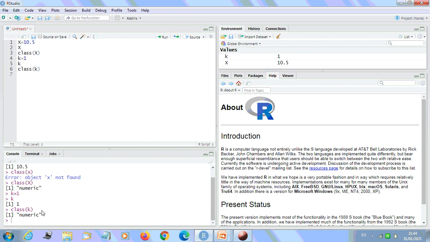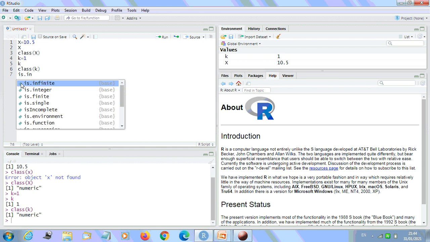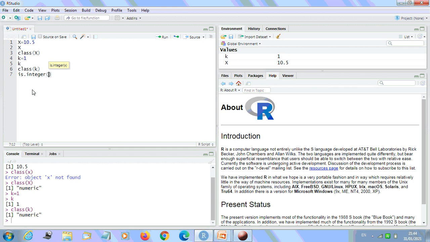The fact that k is not an integer can be confirmed with the is.integer function. It confirms whether this is an integer or not, and we know this is not an integer, so the result is FALSE.